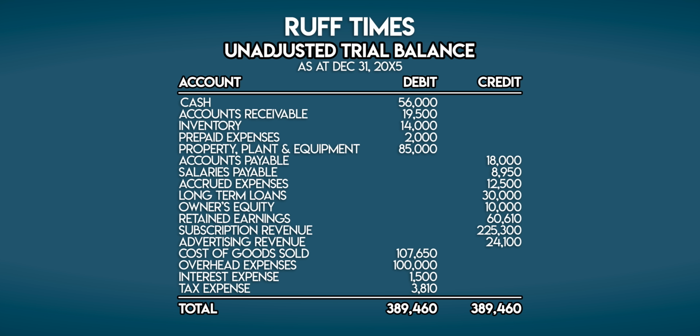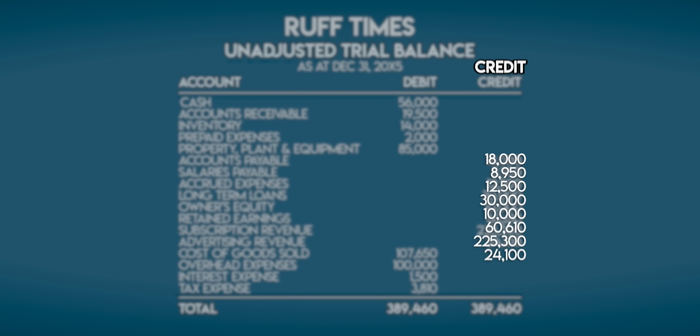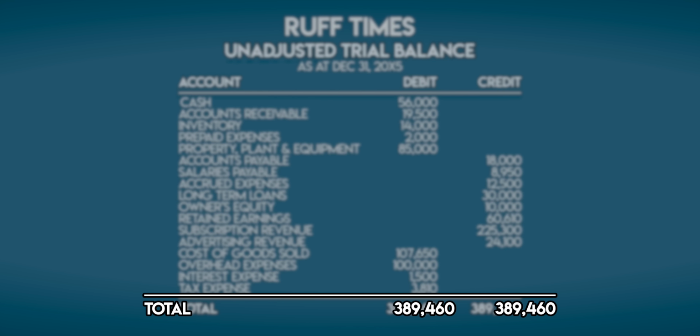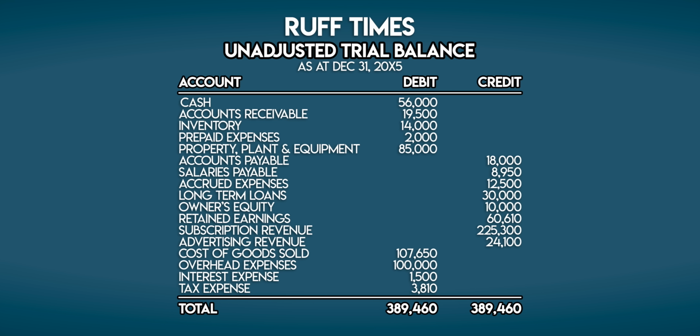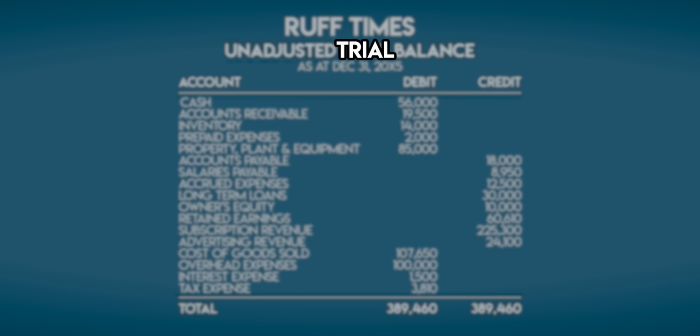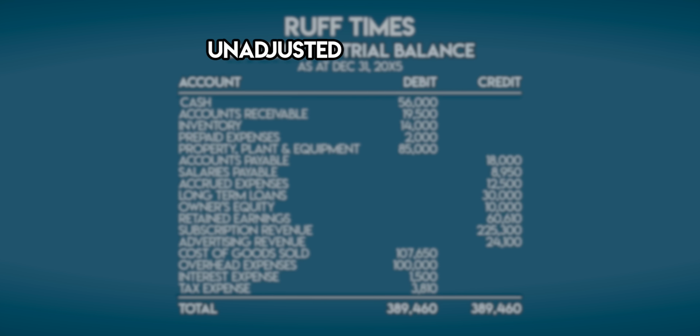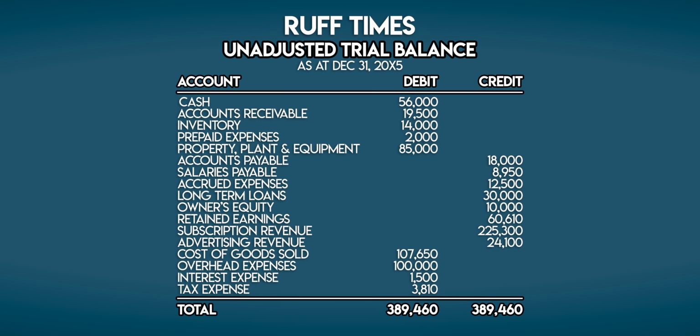A closing balance is the cumulative total of all transactions affecting an account. As usual, debits are on the left and credits are on the right. At the bottom of your trial balance, you have your total debits and total credits. These should match each other exactly because the accounting equation is always true. Trial is another way of saying test, which is what the trial balance was originally used for, as a test to check that your debits and credits are in balance. And this is an unadjusted trial balance because we haven't adjusted it yet.